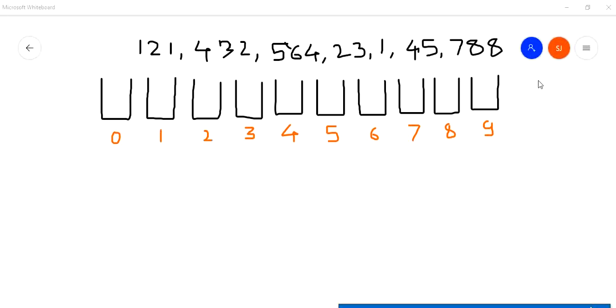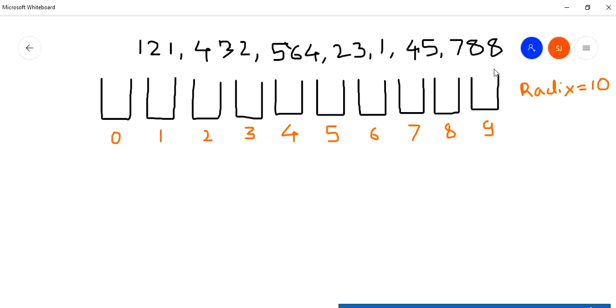Because decimal means 10, radix is 10. Now you want to make this idea very clear. Radix is 10 because you are using a decimal number system for representation. Irrespective of the size of the array, the size is not important. Whatever the size of the array, even if it contains 50 elements, if you are using a decimal number system, you have to use only 10 buckets. In this case radix is 10, so you use only 10 buckets.